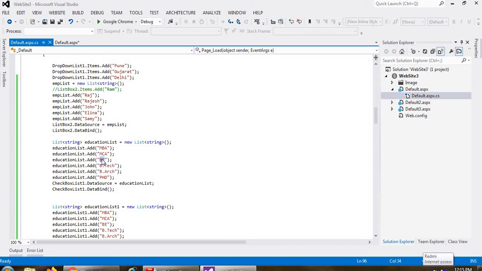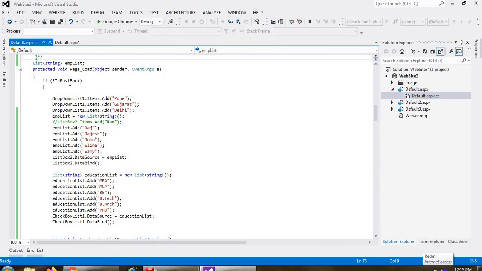And then after this, this is my list box, like empList. What is empList? It is my collection. List is a class, and inside the brackets I can write string.